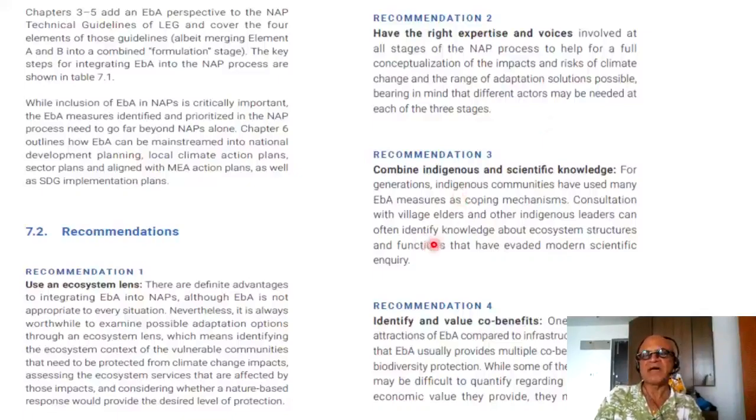Recommendation 3, combine indigenous and scientific knowledge. For generations, indigenous communities have used many EBA measures as coping mechanisms. Consultation with village elders and other indigenous leaders can often identify knowledge about ecosystem structures and functions that have evaded modern scientific inquiry. So typically the people who are studying the ecosystems, their integrity,